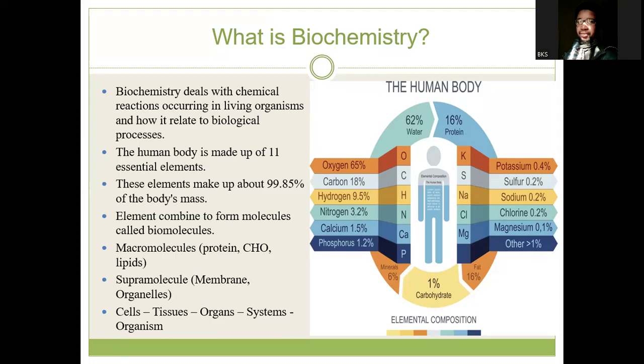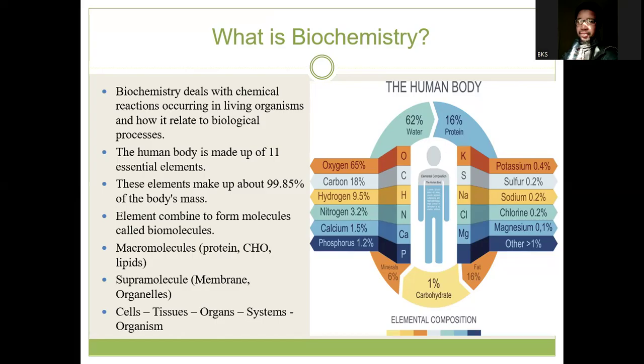Specifically in the human system, the body is made up of about 11 essential elements, although there are many more that play a very important role. Essentially, we have 11, which include oxygen contributing about 65%, carbon 18%,